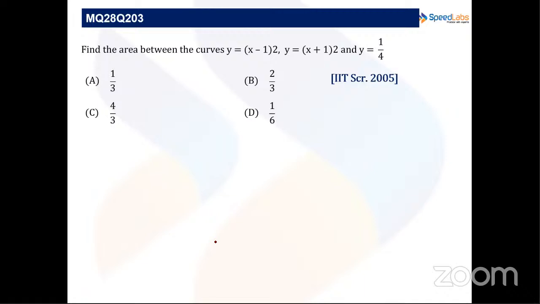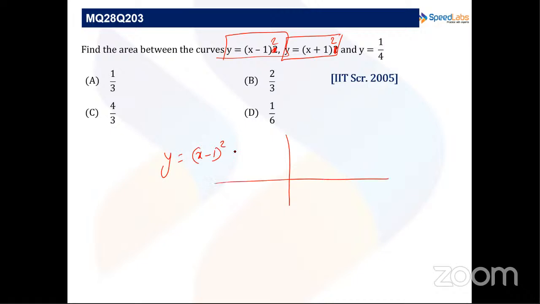Now moving to the next question, we have to find the area between the curves y equals x minus 1 square and y equals x plus 1 square and y equals 1 by 4. So we can see that this is an equation of a parabola, this is also an equation of a parabola. So y equals x minus 1 whole square will represent a parabola whose vertex is at 1 comma 0,